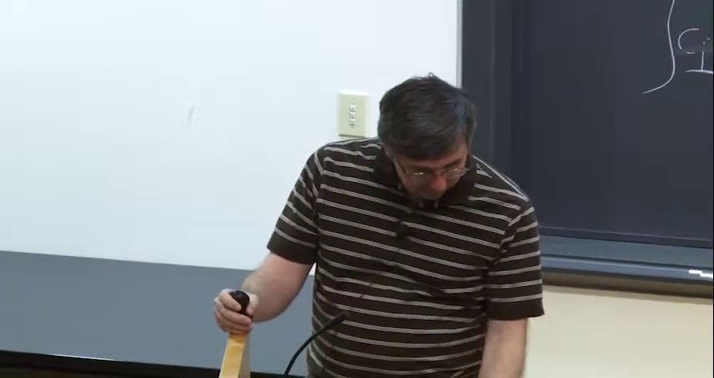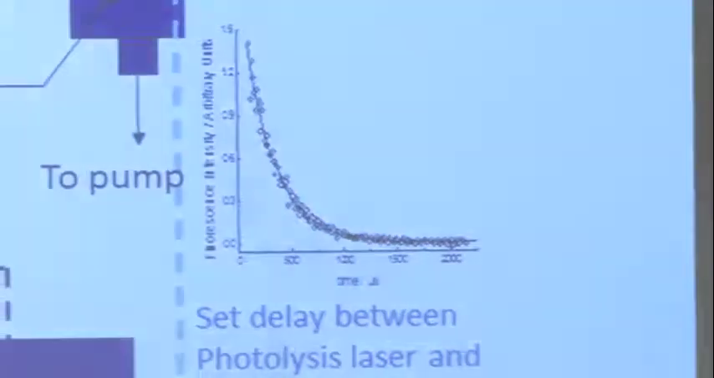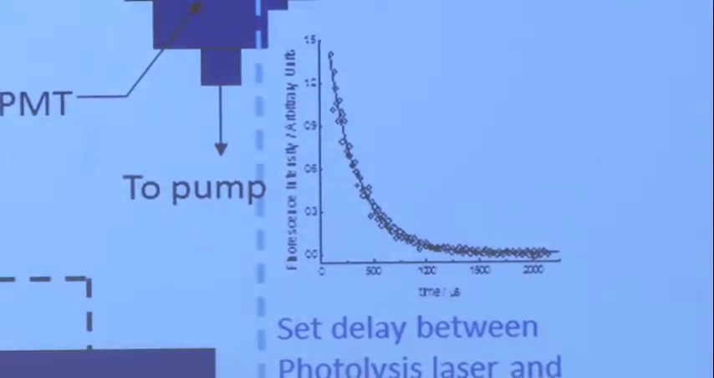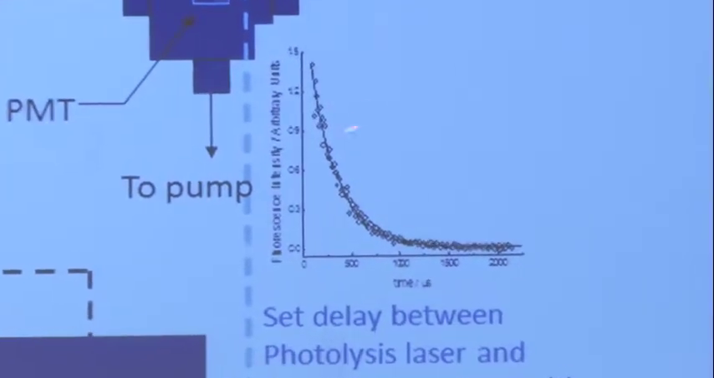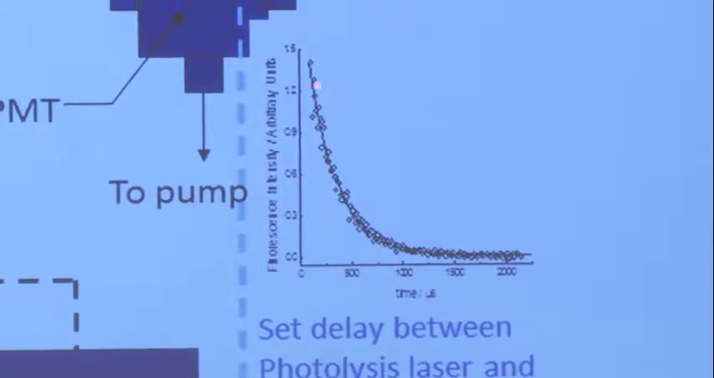So here we go. You set the delay between the photolysis laser and the probe laser, and you repeat it with different delay times, and what you'll measure is something that looks like this. This is the fluorescence signal as a function of time, where the time is varying is the time delay between the pump and the probe. So each point here is a different experiment with a different flash,